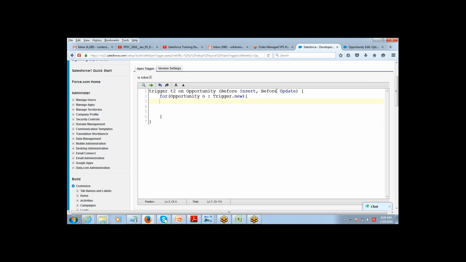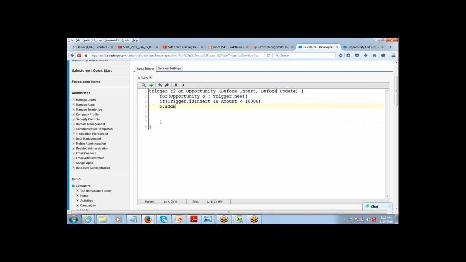Okay, now what do I need to check this time? I just don't need to check the amount. So if you say amount less than 10,000, that's not enough. I have to check amount based on the trigger event. So I have to write if trigger dot is insert and amount is less than 10,000. So you have to combine this logic with whether it's an insert or update. So you can write it this way: if trigger dot is insert and amount is less than 10,000,